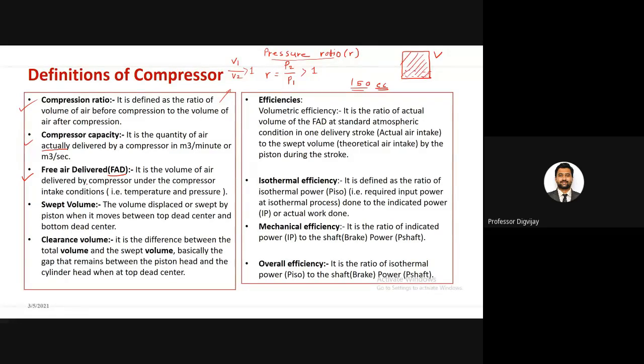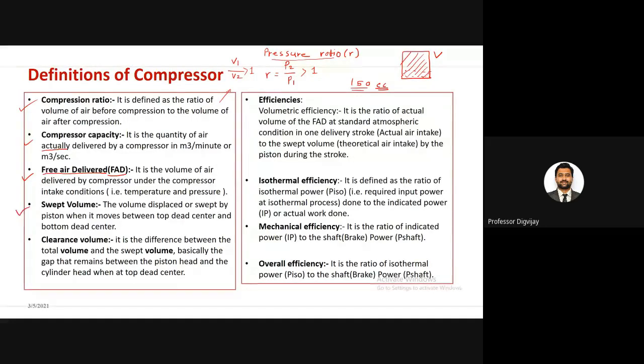The compressor's discharge pressure is always higher than its inlet pressure. But if I compress the air at the inlet conditions, meaning the air comes in at certain conditions and hypothetically I compress it at those same conditions, then that term we refer to as fresh air delivered. So this is a concept. We'll see it when we go for the derivation, and at that time you will come to know what fresh air delivered is. Then there are some numericals based on this fresh air delivered.